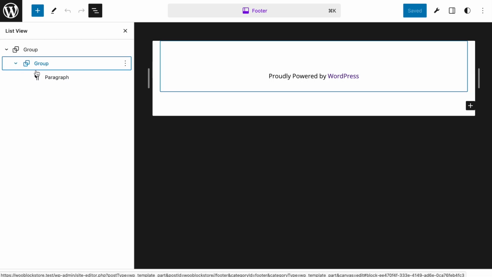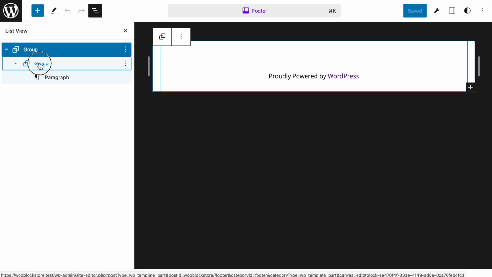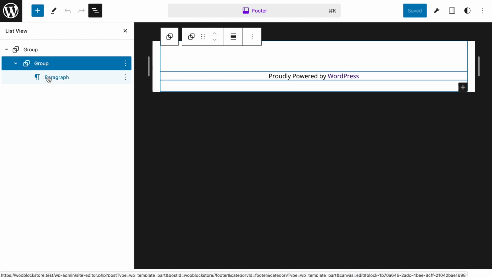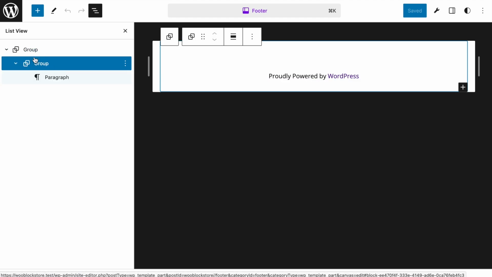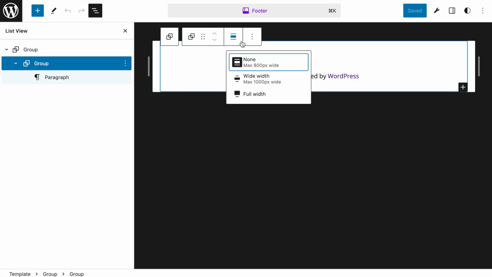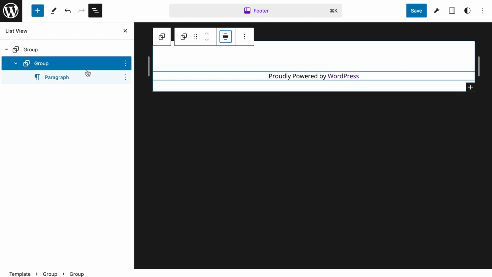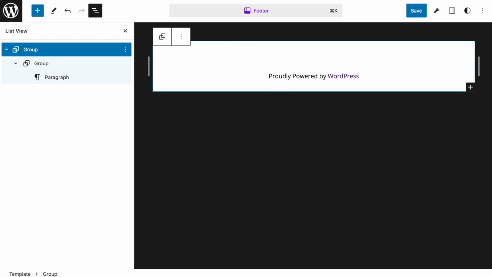You can do whatever. I mean, you can add products in here if you want. In fact, why don't we do that? I'm just looking at the list to see how it's structured at the moment. We've got a group, and then another group with a paragraph nested in it. I want to look at that group, make sure it's set to 1000 width, and then I'm going to color the background of my